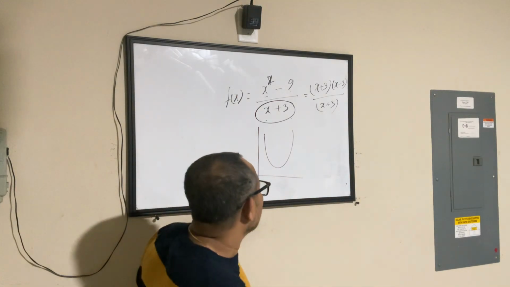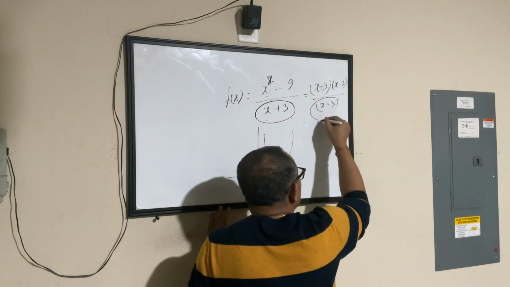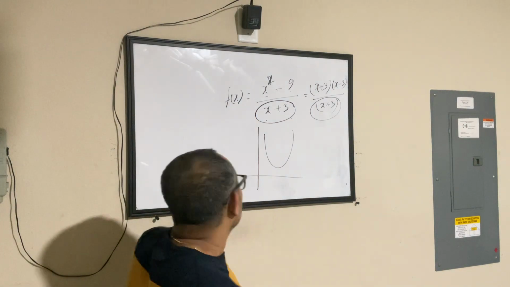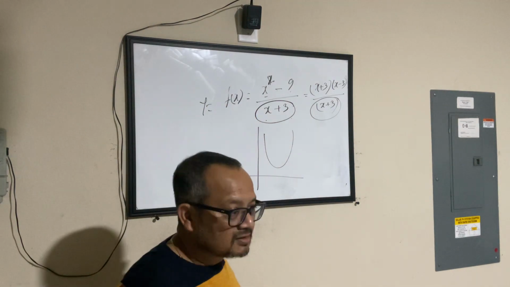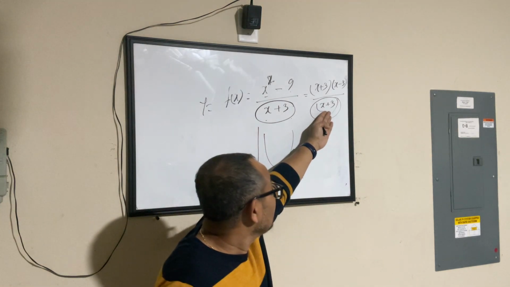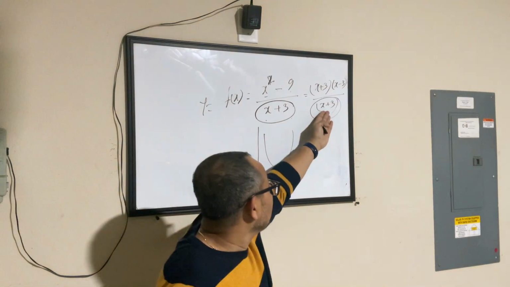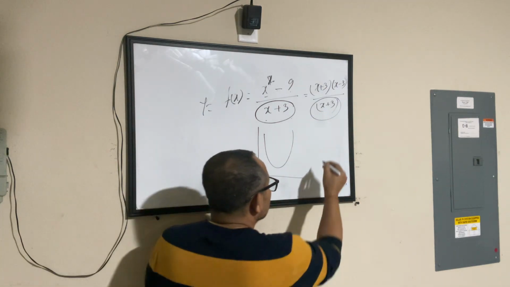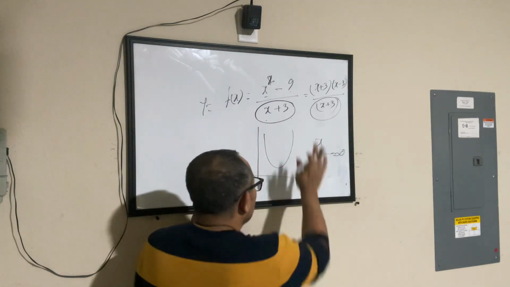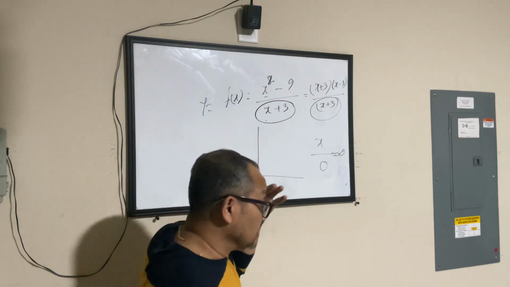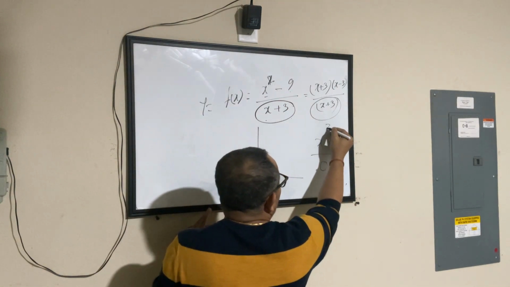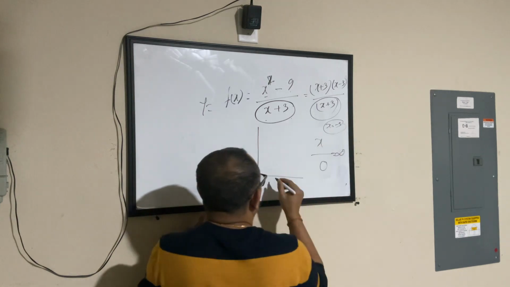One is when the value of x changes in a way that the overall value of the function, the value of y, becomes infinity. Let's say if you put x equal to minus 3, this will become 0. What will be the value of y? Something divided by 0 becomes infinity. So if you are talking about, let's say, it plots some graph, as soon as you hit x equal to minus 3,